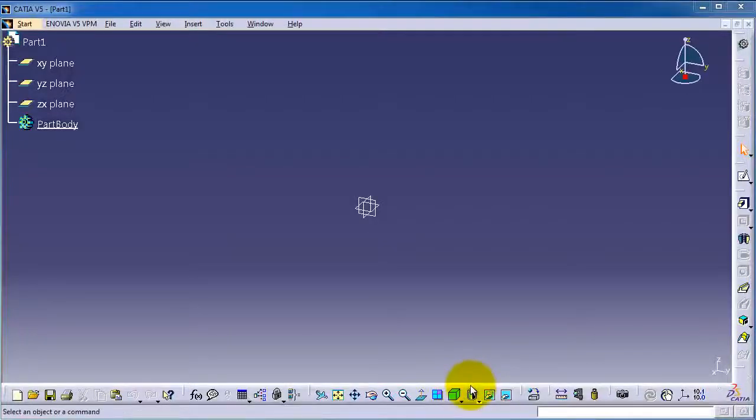This is tutorial number 41 and we're going to talk about the removed multi-section solid. Exactly like the previous tutorial, the multi-section solid, but this one is removing the material. So now let's start making a sketch